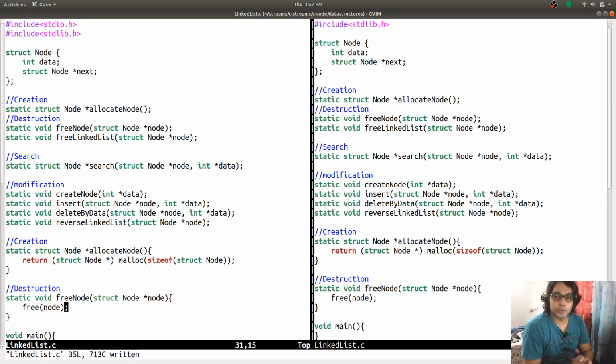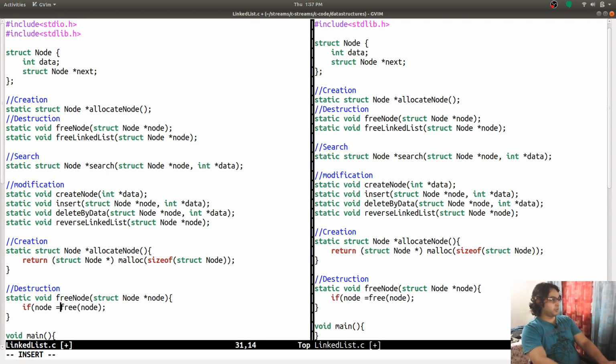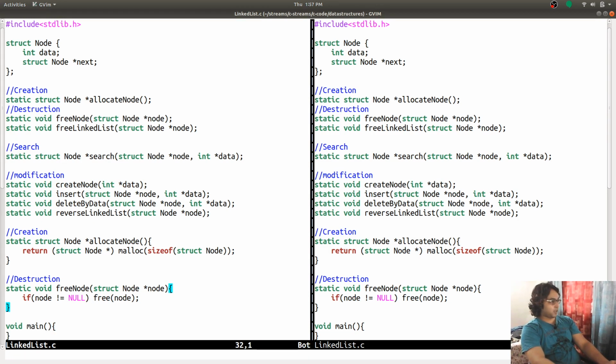In future, if I want to add some logging in this function, that I'm deleting this node with this value, then this should work. And other than that, I also have to add a check to do this only if node is not equal to null. I don't know the behavior of the free function in the case of null values passed to it, how it manages that. So if node is not equal to null, then free it.